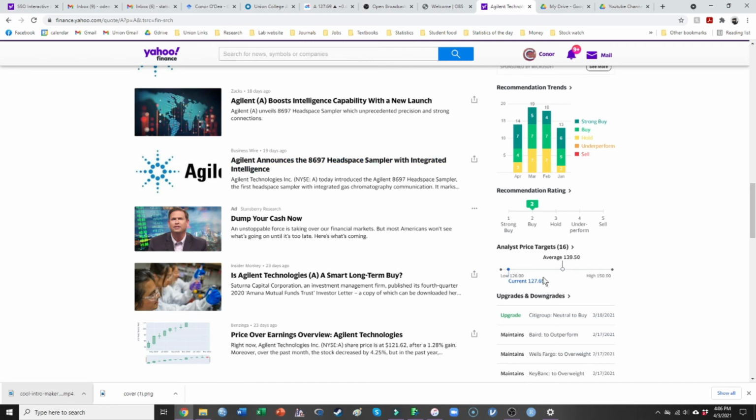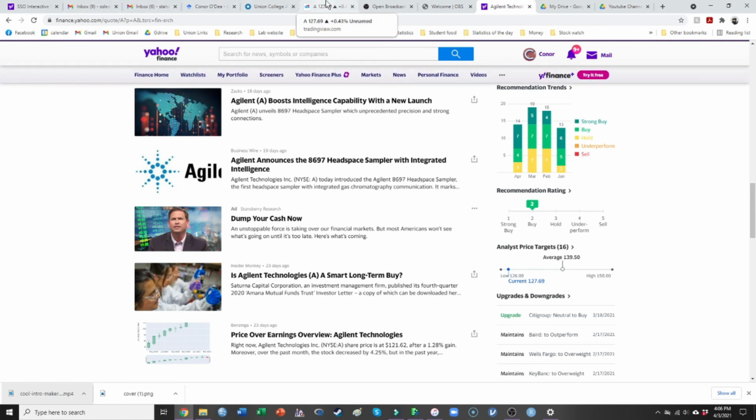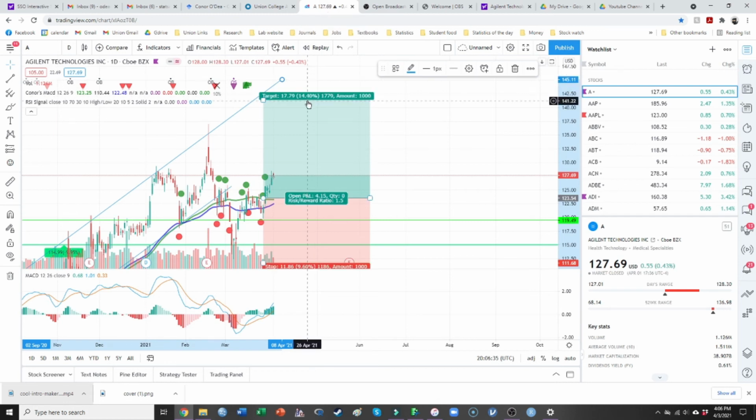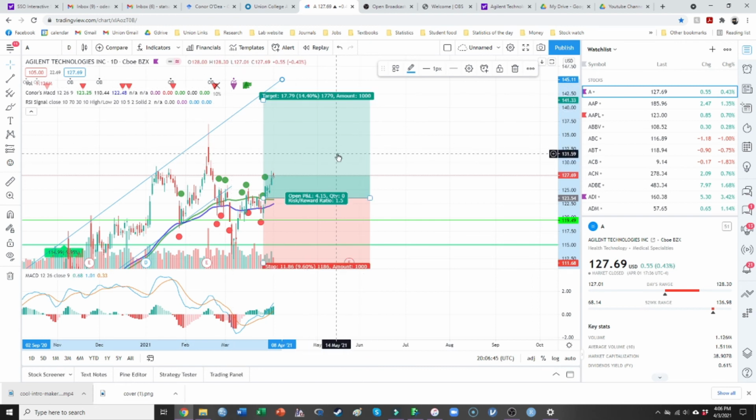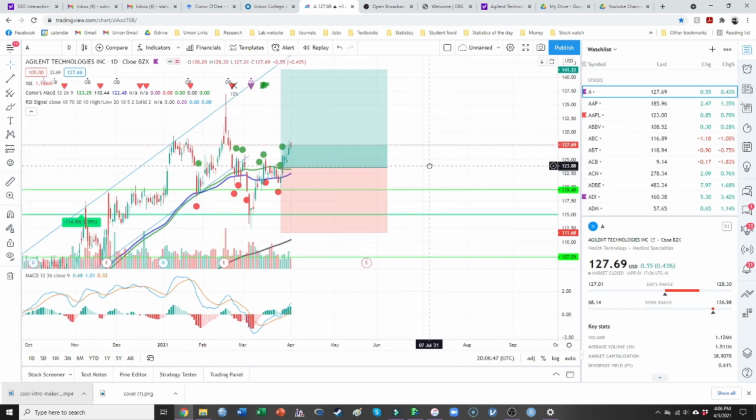So now we want to see, is it realistic that this stock, and these are the yearly analyst price targets, but I mean, this thing's on a pretty strong uptrend right now. So we just got to see, is this realistic? They're saying that on average in the next year it's going to be around 139. It might not be super realistic to get all the way up there, but oftentimes I'm going to take this